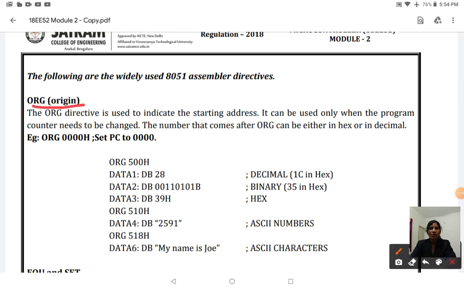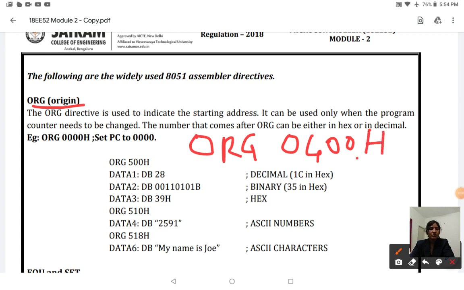It represents the origin. Suppose you write ORG 0400H, it means whatever program you write after this starts from memory address 0400H. For example, in this program we have started with ORG 500H. If you do not specify H here, it becomes a decimal number. If you specify H, it is a hexadecimal number.